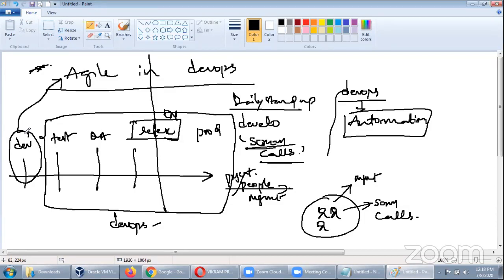DevOps is only focusing on integrating changes quickly, closing the gaps between the different teams. Test, QA and other teams have gaps. When you're working in a real-time environment, it is about closing those gaps and automating things. That is what DevOps focuses on.